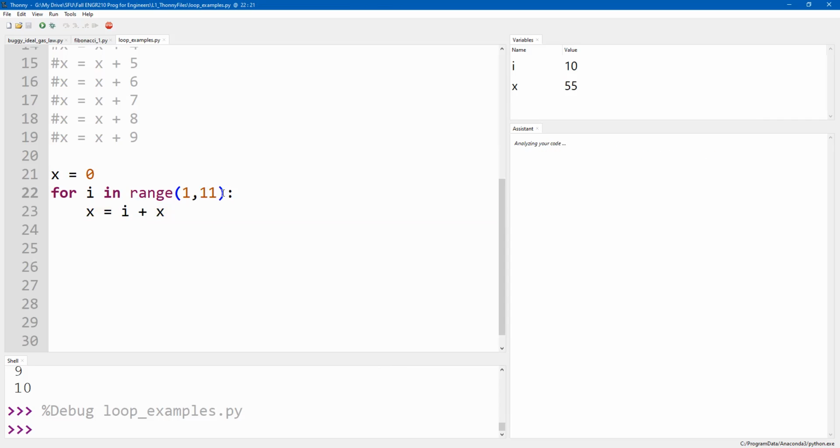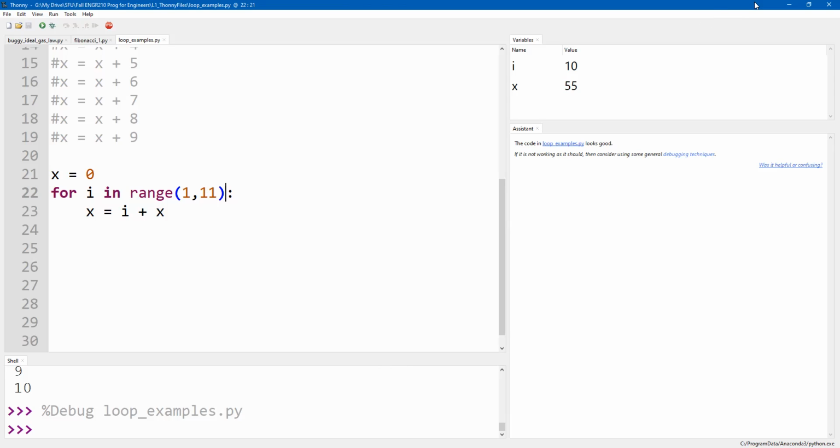And it says X equals 55 after I added all those up. Do we have any number trivia people? Is that actually the sum from 1 to 10? The sum of all numbers from 1 to 10? Yes, it is. Sweet. So awesome. I didn't have to type out more than 3 lines of code to do like 10 lines of code worth of work. This is great. I'm pretty psyched. Any questions on the basics here?